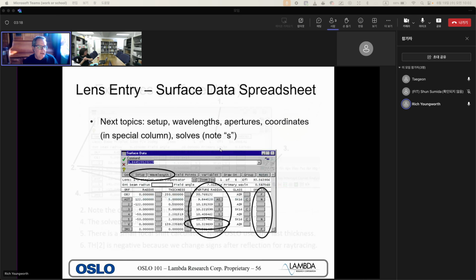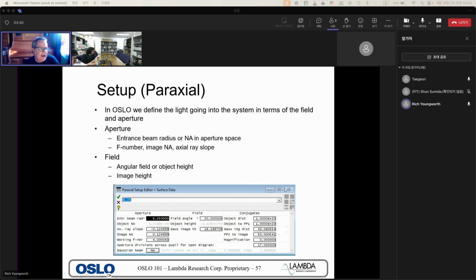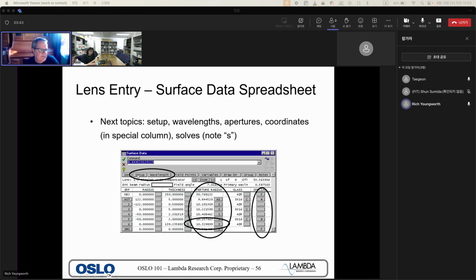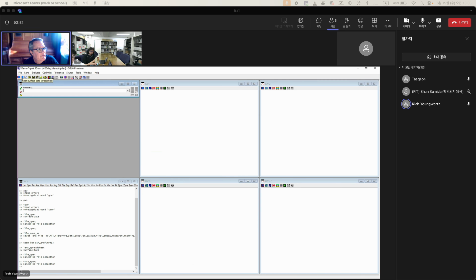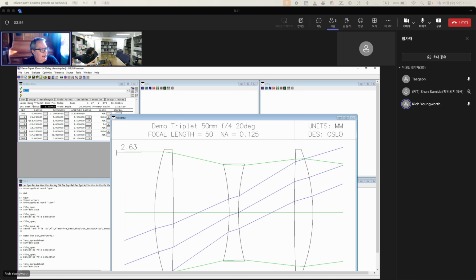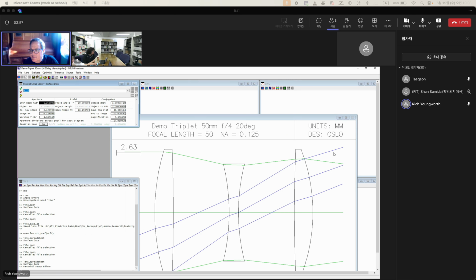Okay. So just a little bit more from yesterday on the interface. The lens data spreadsheet, we're going to show a little bit on setup, wavelength, aperture radius, a little bit on these, I believe maybe a little bit more on the solves, and then a little bit on this special column. So setup, which is this button here in the surface data spreadsheet. Remember to open the surface data spreadsheet. You just need to click on this blue little lens, and it's right here within setup. Within this,